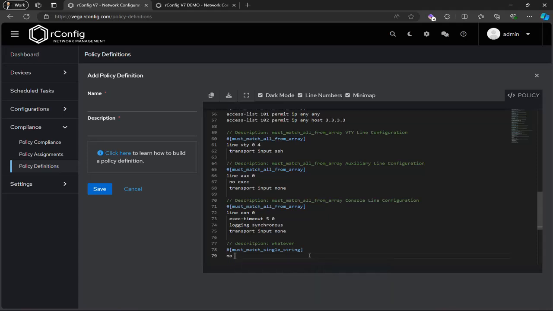And then you input your, let's just say no HTTP, no IP, HTTP server, right? Must match single string. So if this is in place, I have a successful match. So again, just really wanted to give you a visual and a sense of the kind of cool changes that are coming in